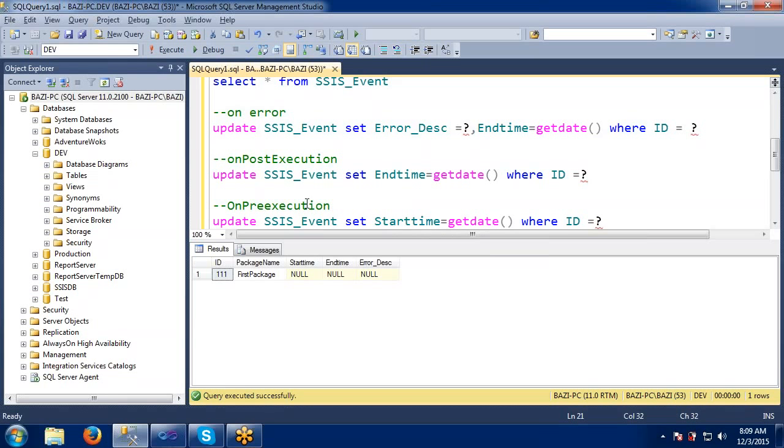Before executing the package, what was the time? Capture and update here. Once the package is done, update the time here. If anything goes wrong, just capture that error into this column and update that end time. That's the thing I want to handle through event handlers.